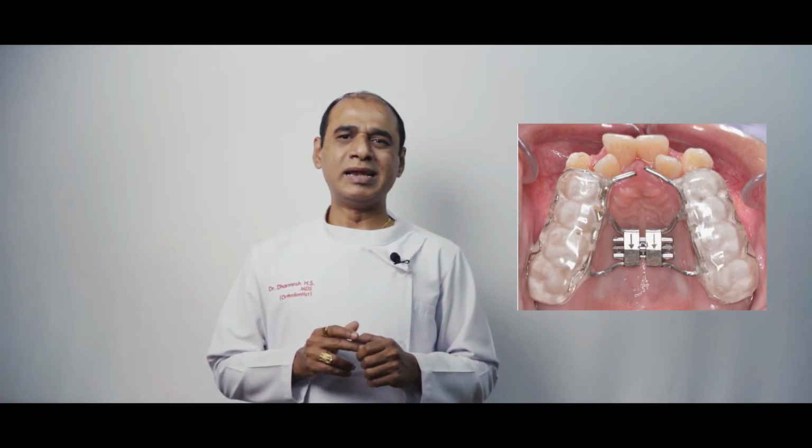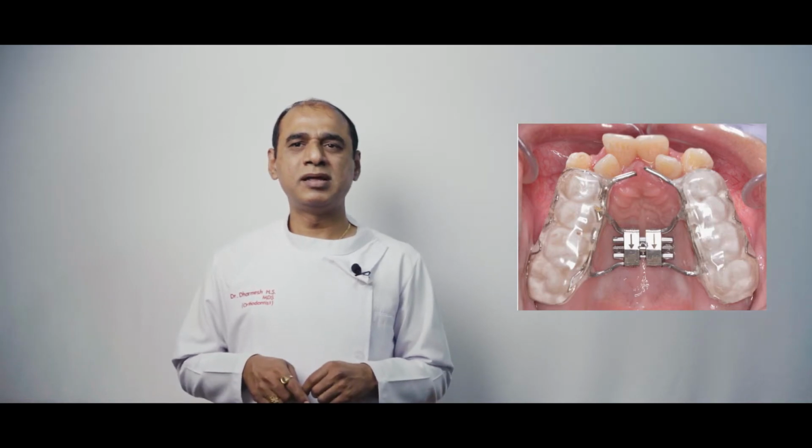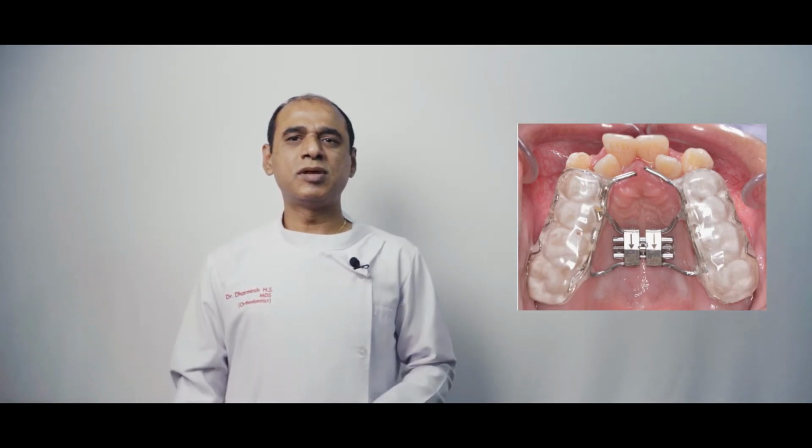In the bonded Hyrax appliance, an acrylic cap splint of 1 to 2 mm thickness covering the posterior teeth of either side is used. The arms of the Hyrax appliance are attached to the cap splint on either side. It requires limited chairside time and buccal capping is thought to limit the extrusion of the molars during treatment. Therefore, it improves the overbite control.